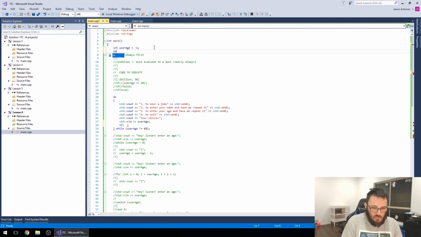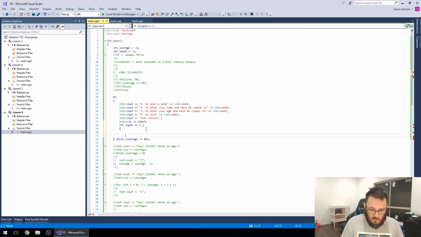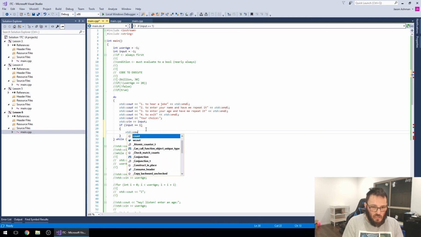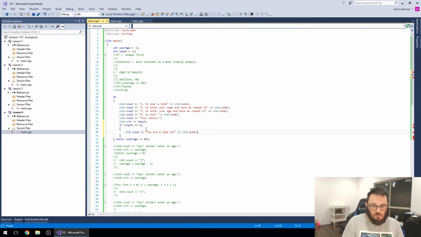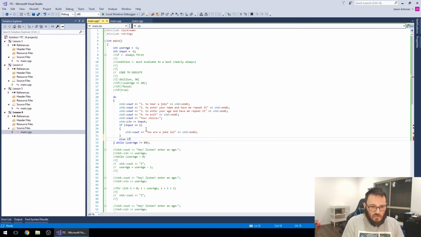So int input equals -1 and input. So if input is equal to 1, standard cout, you are a joke. Lol. Cool. Else if the input is equal to 2,